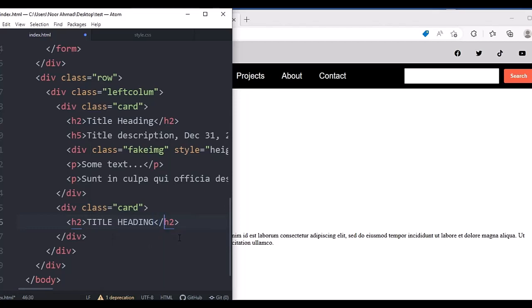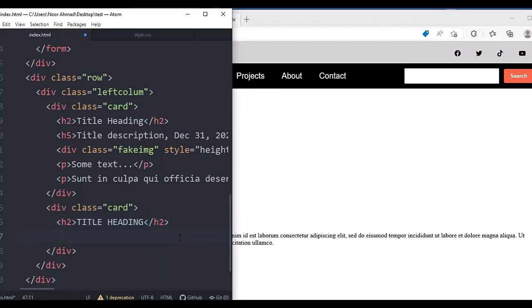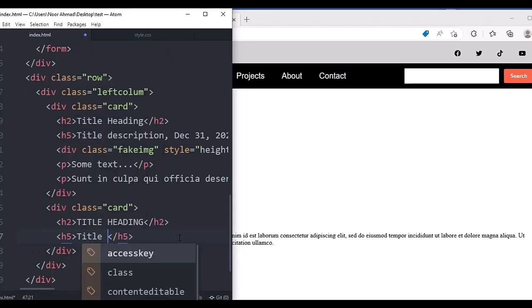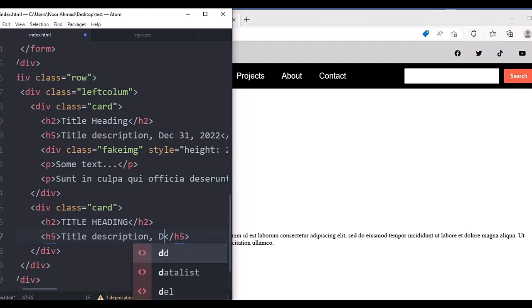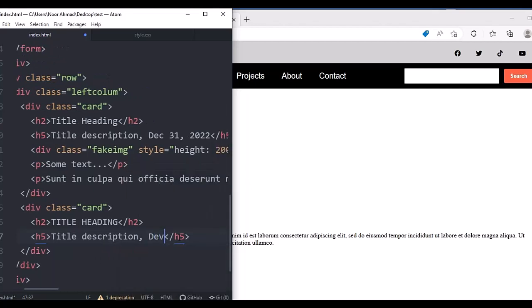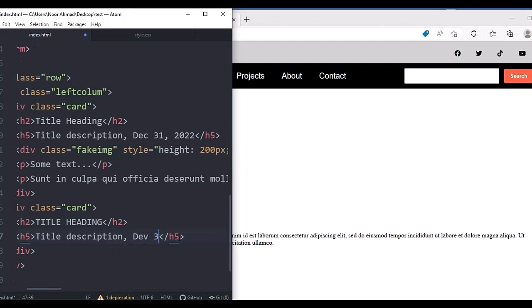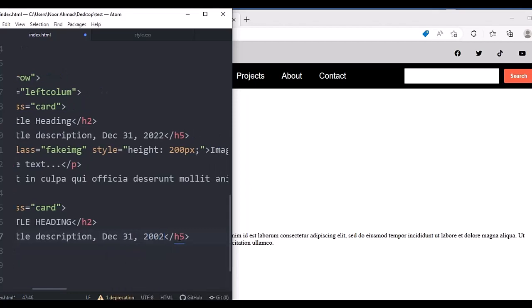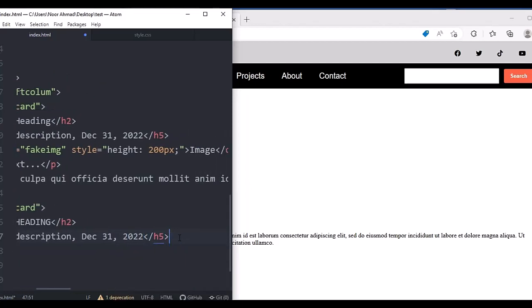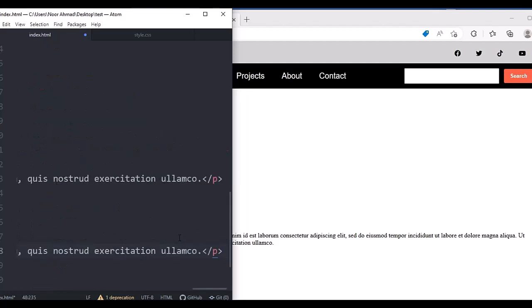heading, and here I'm going to add h5. So this one will be title, description of December 31, 222. This is the same thing that I'm going to add, and let's paste it right here,